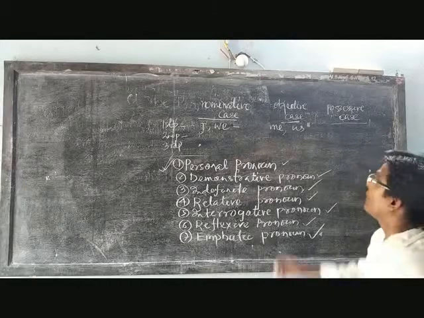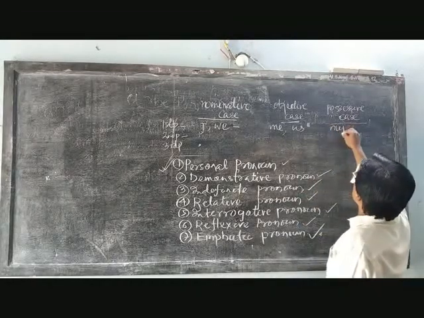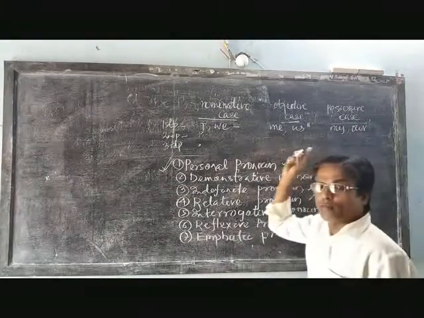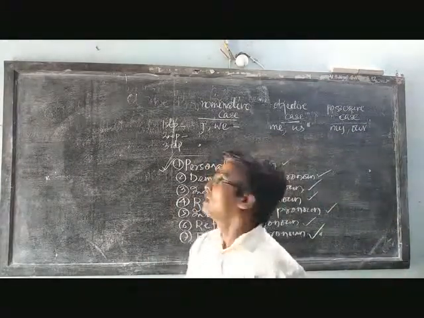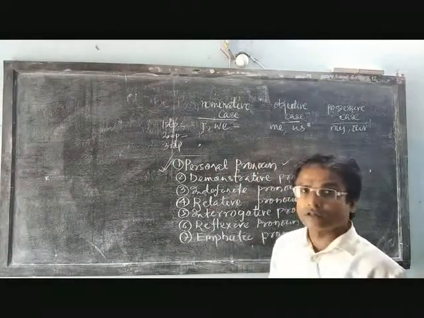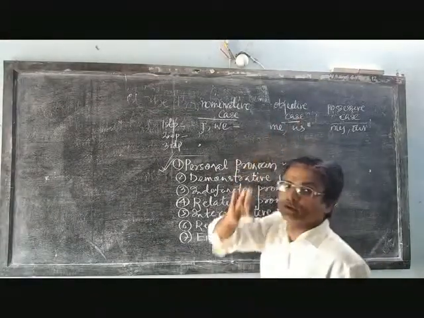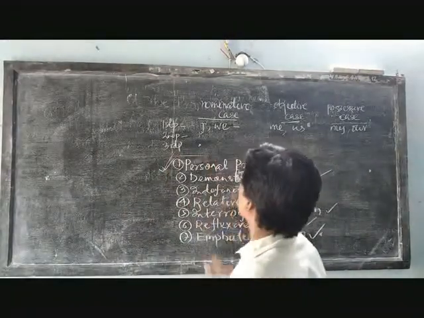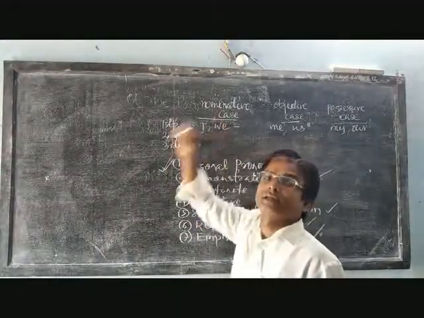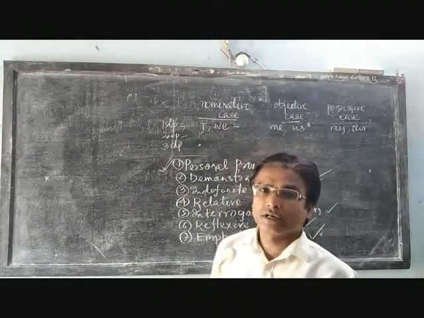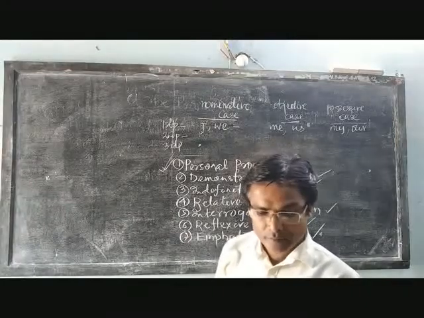Its possessive case: my, our. Our book, my book. It is the possessive case. But in 'he gave me, he gave us', these are objective because they are used after the verb. So it is the objective case. A nominative case is used as a subject. In the case of subject, I and we are also pronouns used as subject. So it is the nominative case.